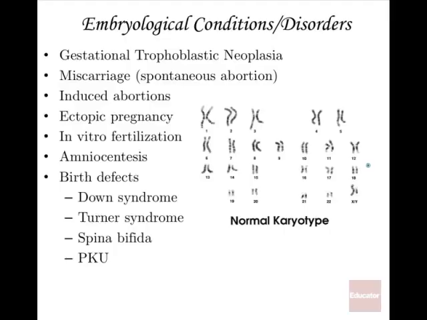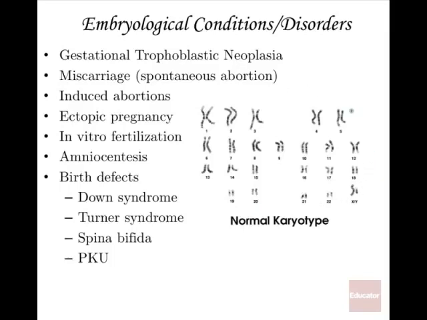In that fluid, you're going to get skin cells from the baby that have sloughed off. So in the fluid you withdraw, there's bound to be some of those skin cells. You extract the DNA. Before extracting the DNA, you can stimulate those cells to undergo mitosis, so you have a lot more DNA to work with. And when you take out the chromosomes from a cell and they're laid out in pairs,